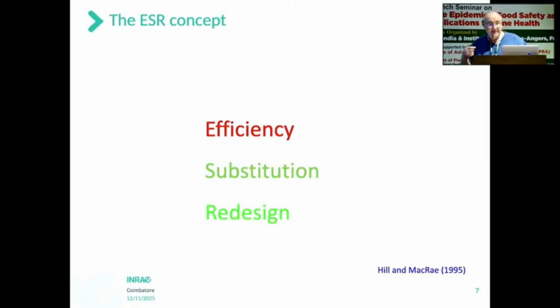Substitution is when you replace a pesticide use by, for instance, a biocontrol application, or if you have some physical protection, it will be substitution. And redesign is when you change the cropping system. So you change the rotation, or you introduce new crops. So it's deeper changes in your system. So I need that because I